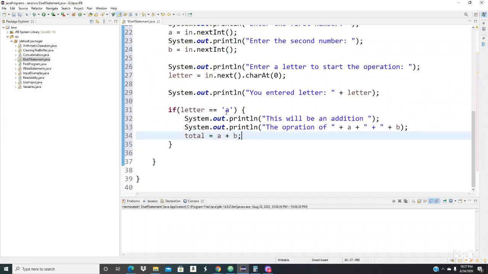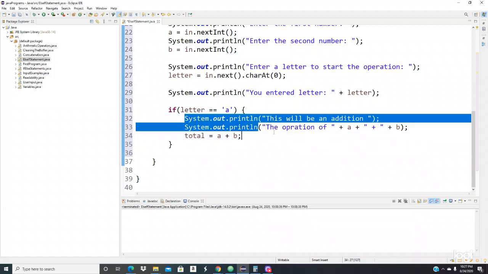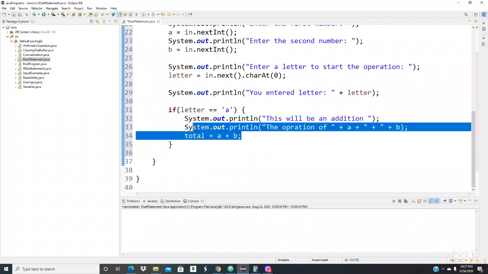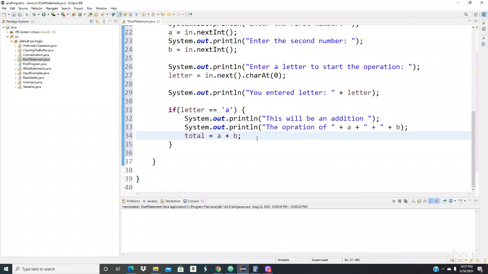So if letter is equal to A, we're going to be executing this. It's going to be printing this part, and doing this statement right here. Since we have addition, subtraction, multiplication, and division, there are more conditions that we have to use, and that's why we have to use else if statements. So if letter is equal to B,